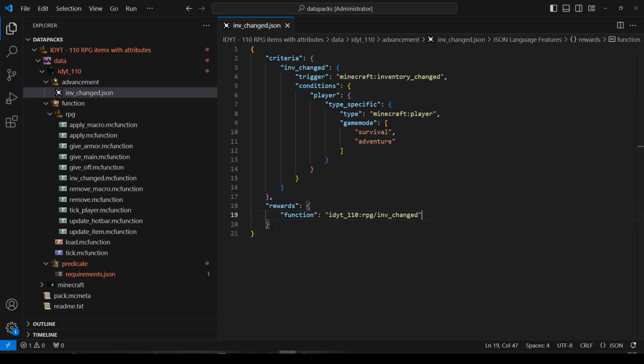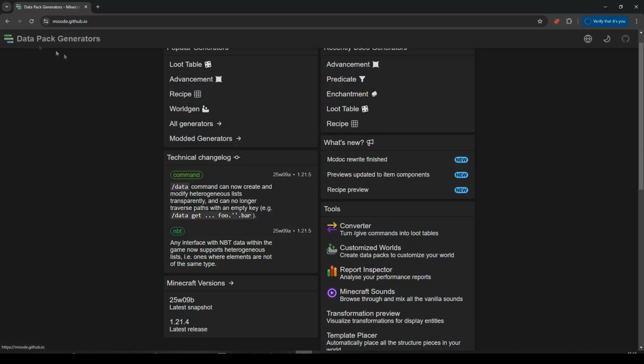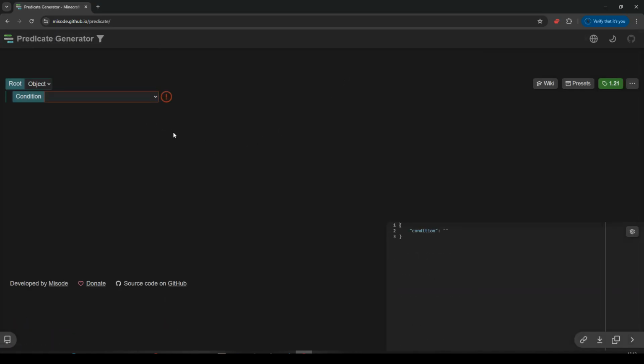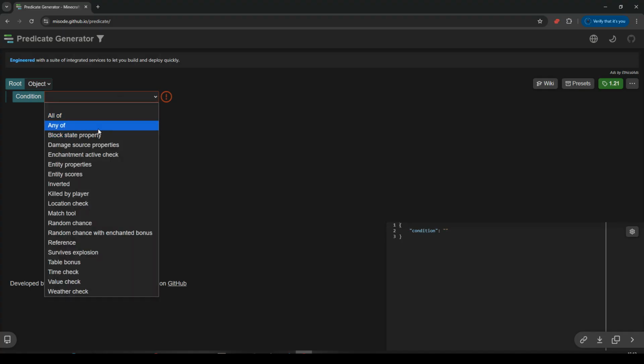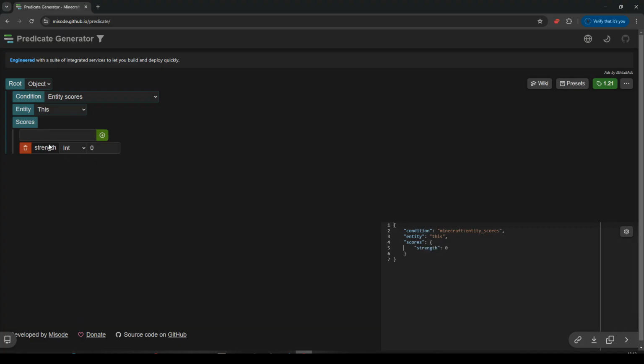Let's set up our predicate. So let's go back to misode, but let's do a little reset in case we come back there. Let's go to predicate. And what do we want to check? We want to check entity scores. Entity will be this. Scores, I'm going to check the strength. So this is where I'm going to list all my different stats that are available. Dexterity. Now, if you were doing magic as well or others, then you would add those in as well. We're not, so we're just